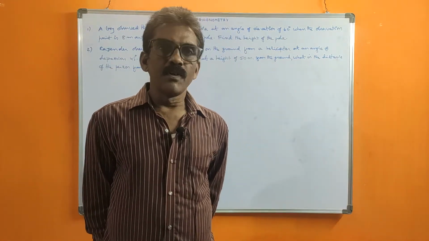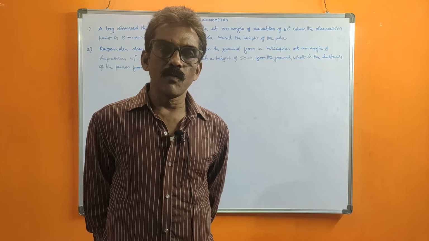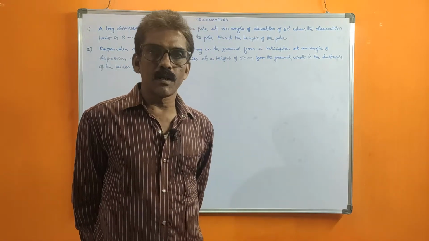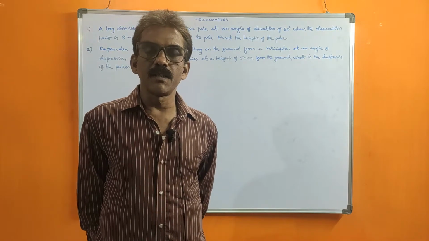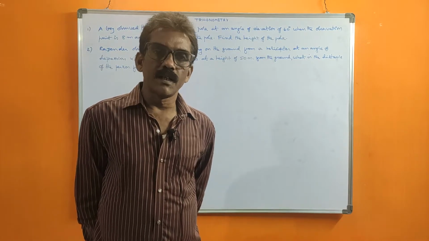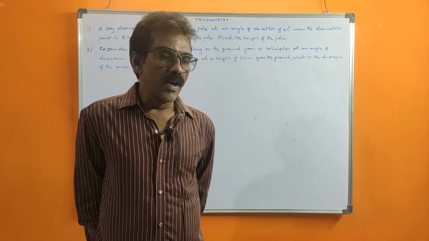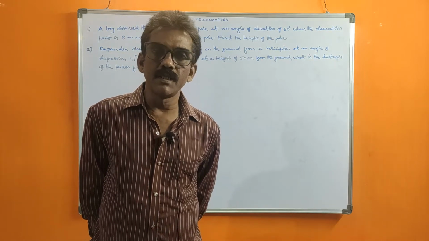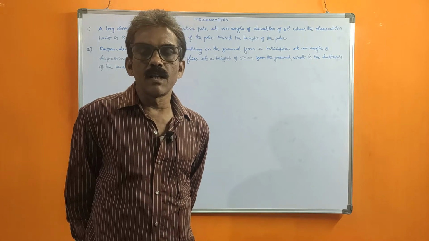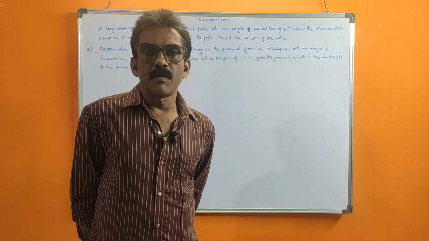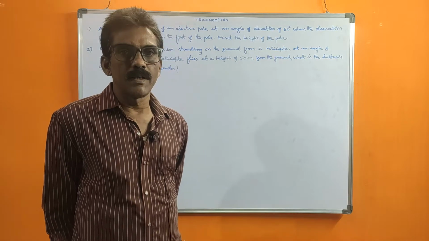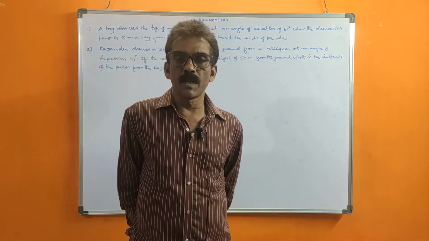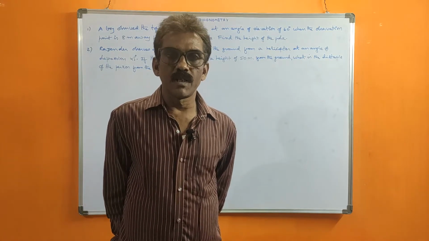Okay, in the last videos I explained the trigonometry topics: the basics, trigonometric ratios, trigonometric angles 0 degrees, 30 degrees, 45 degrees, 60 degrees and 90 degrees, their values and derivations, basic trigonometric identities, and some more numerical proofs of trigonometric identities. All those I explained. But now I want to explain the applications of trigonometry.